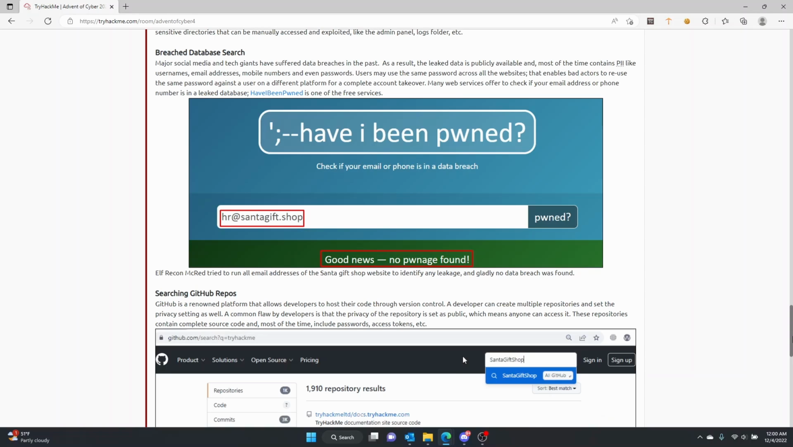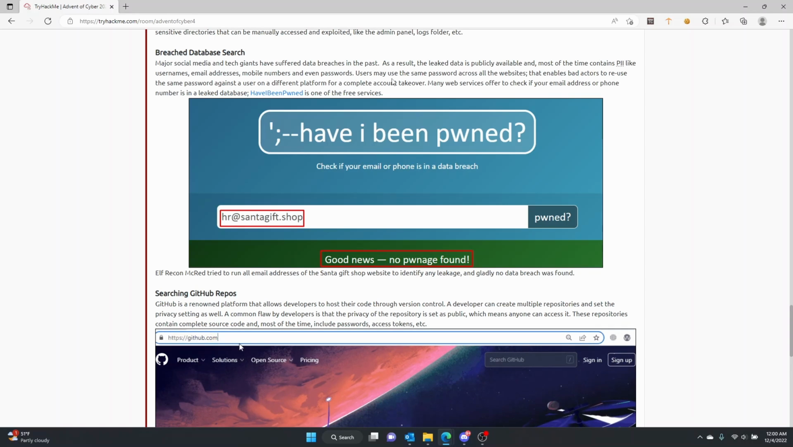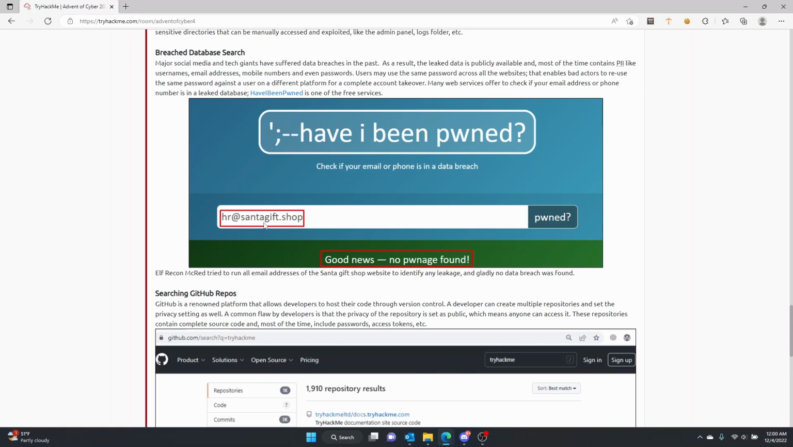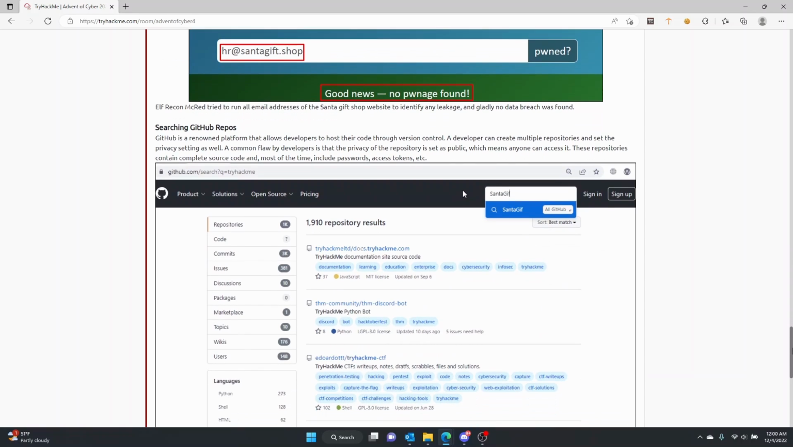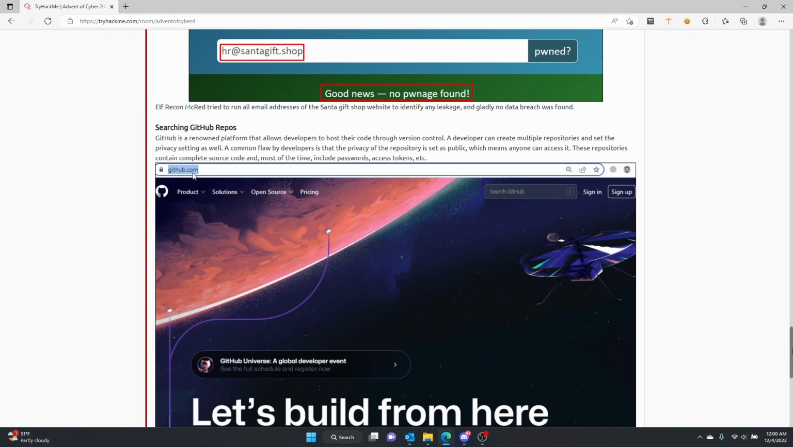Many websites offer to check if your email address or phone number is in a leaked database. So, Have I Been Pwned is one of those free services that you can use. So we put in HR at santagift.shop, and look, it hasn't been pwned, so that's good. Freecon McRed tried to run all email addresses of the Santa Gift Shop website to identify any leakage, and no